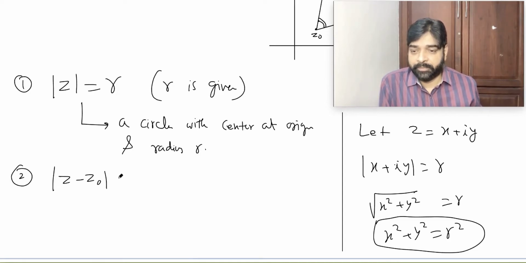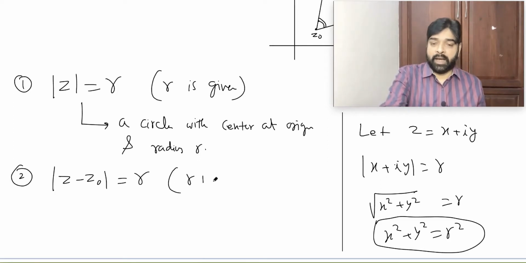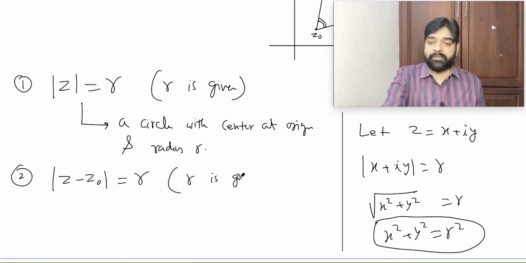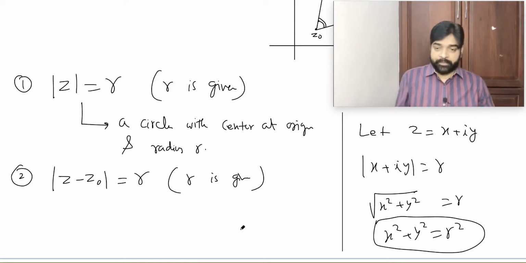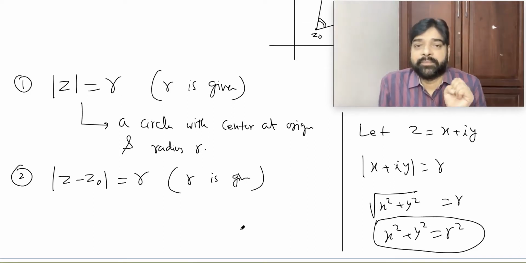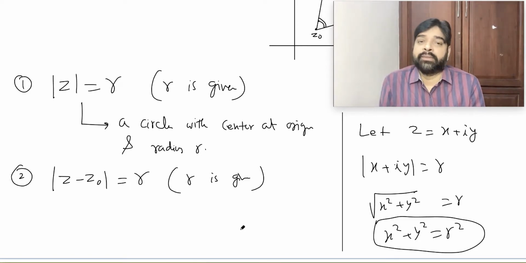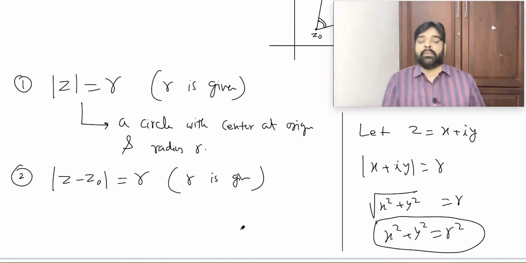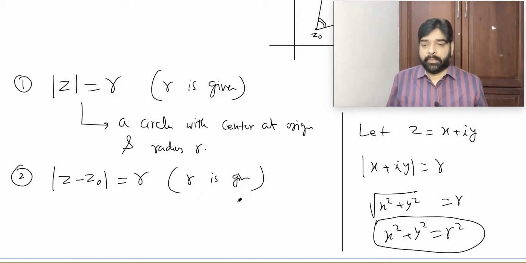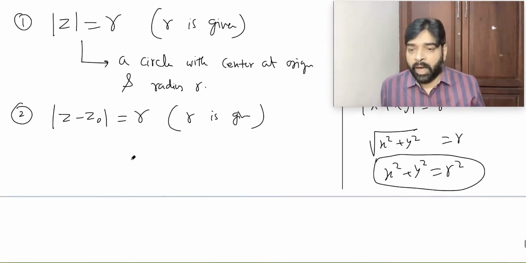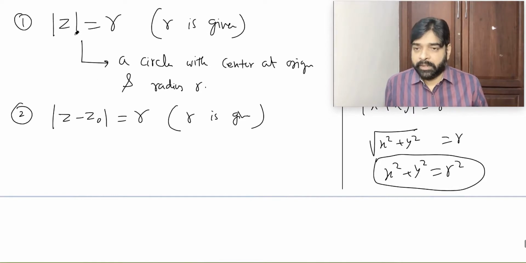Now you tell. R is given. Given means something like 4, 5, 2. What is this? Got it? Look at how to do this. See, in every case you please draw a small picture also. It is very important because at a later stage this picture will help you.